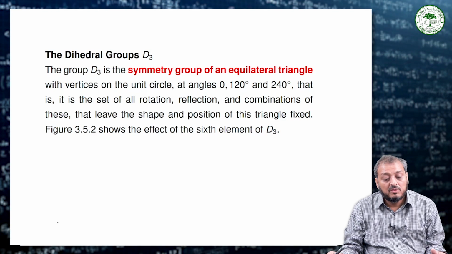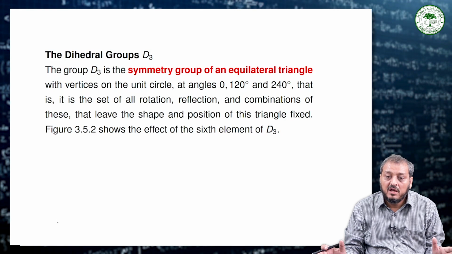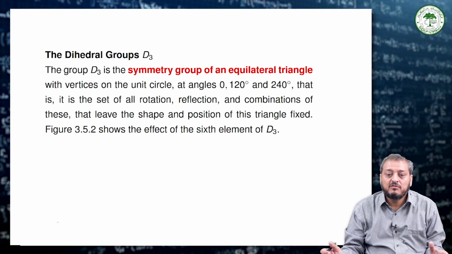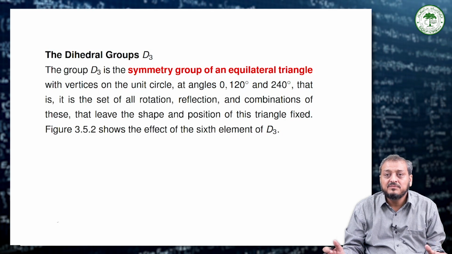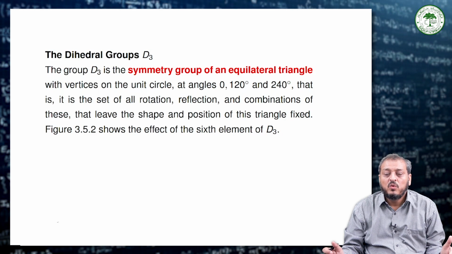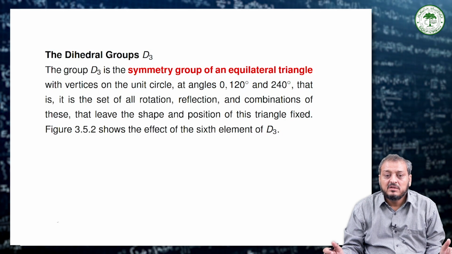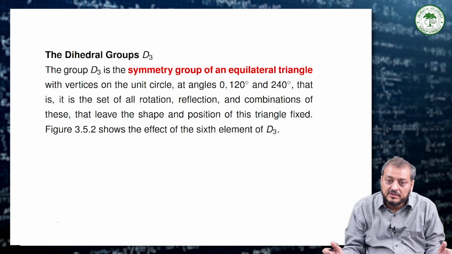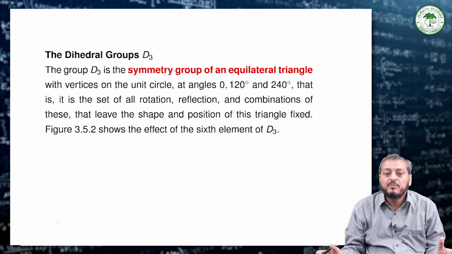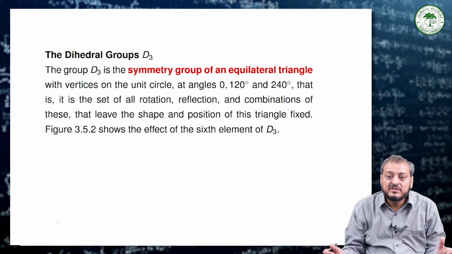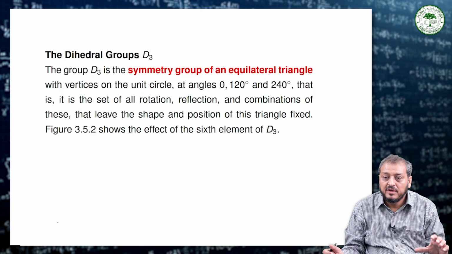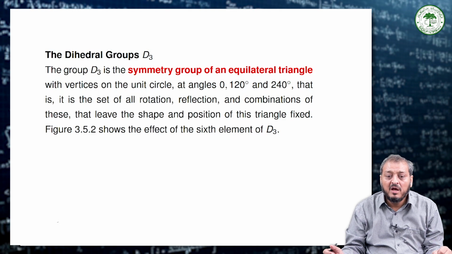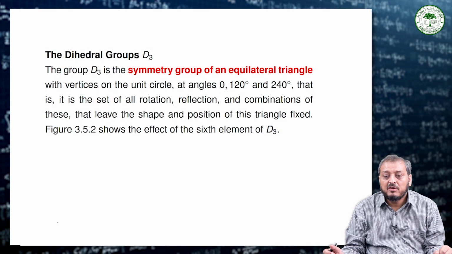D3. The group D3 is the symmetry group of an equilateral triangle with the vertices on the unit circle at angles 0, 120 and 240. That is, it is the set of all rotations, reflections and combinations of these that leave the shape and position of the triangle fixed. Now in the next slide we have to show the figure and the effect of the